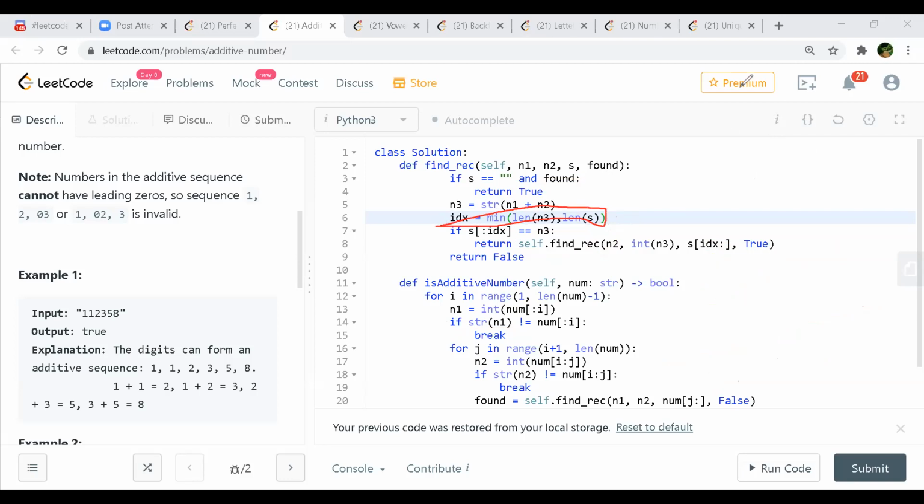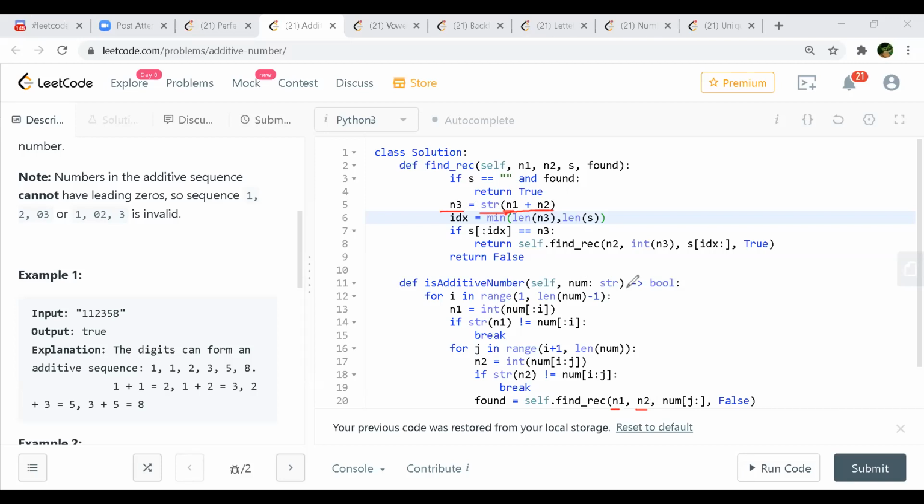So in your recursion, I don't understand Python well. Your n1 and n2, they are integers. Is that correct? The parameters you are passing in that line, these two are integers. n1 and n2 are integers, and s is a string. And I'm clubbing these two integers and converting them to a string, and then checking whether that is equal to n3 or not. And then you look for that in the length of your string. So that will take care of your leading zero also in this case.